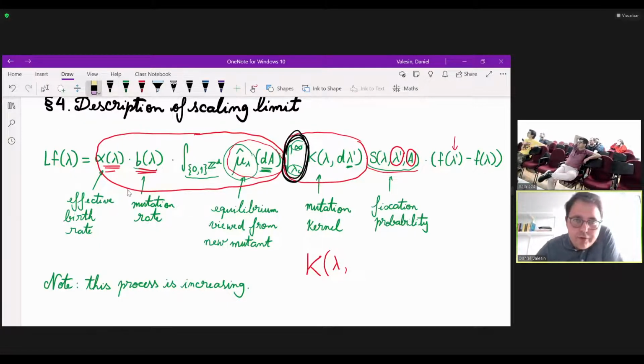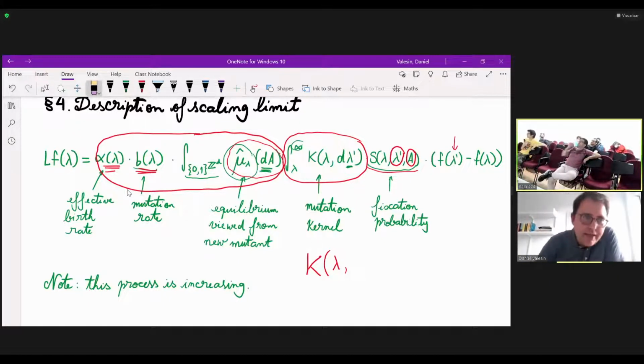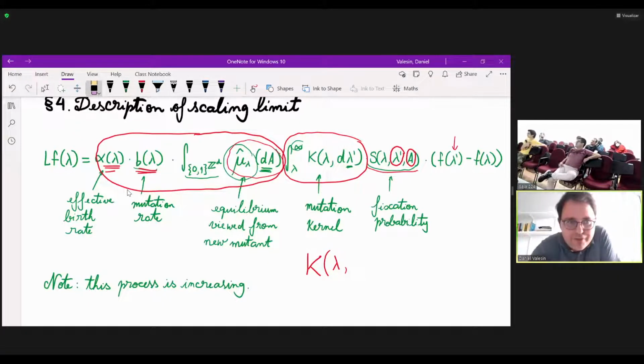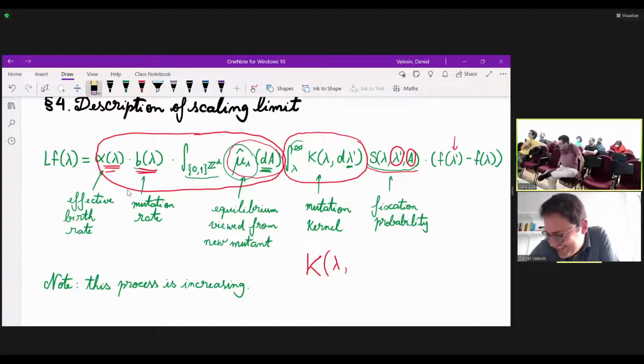Yeah, I'm sorry, you're right. I should write lambda here. That was my fault. Indeed, okay, so you don't have a corollary. Yeah, that was my confusion. I don't have a corollary, indeed, yes. Okay, thanks. Thank you.